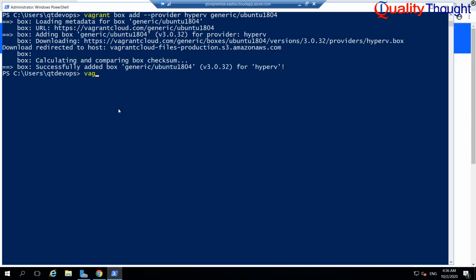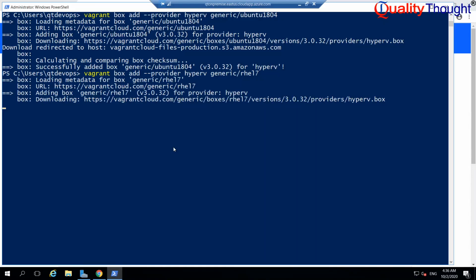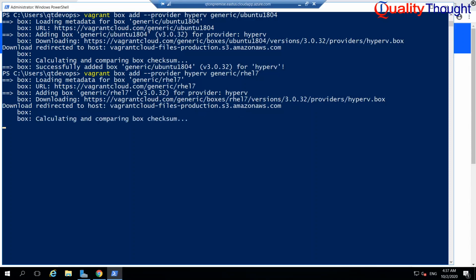It is easy for me to do it in this fashion, so generic/rhel7. Right, so we have all the three boxes added.